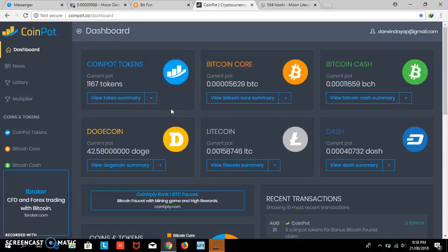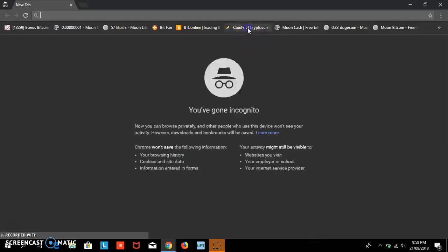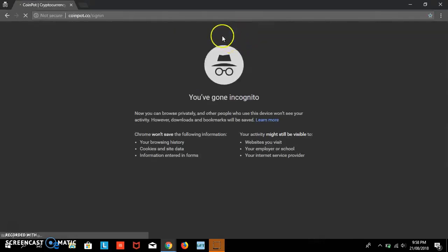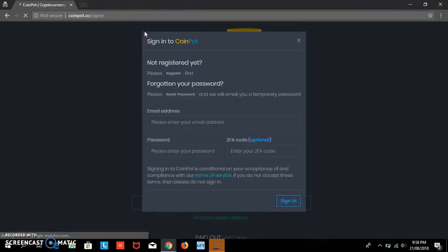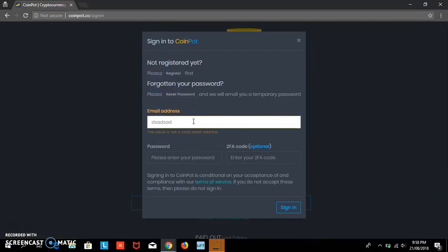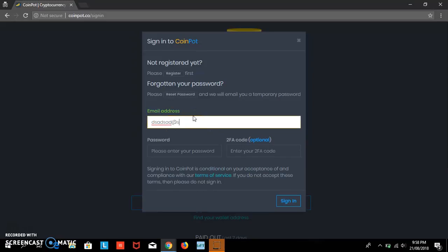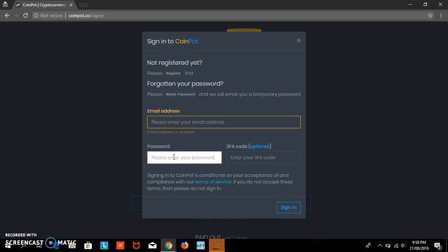But first, let's register in Coinpot. All you need is an email address like a Gmail or Yahoo, and a password. After you get registered,